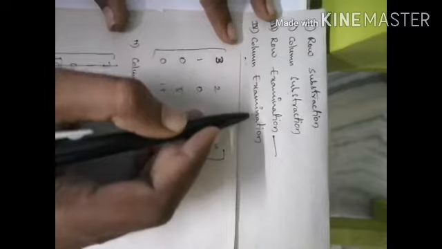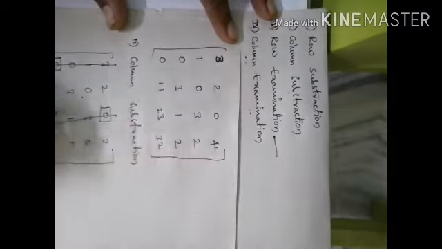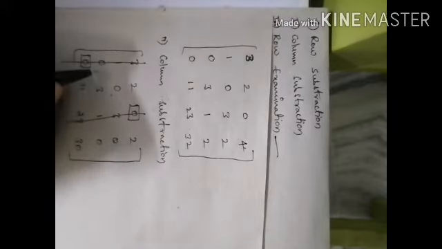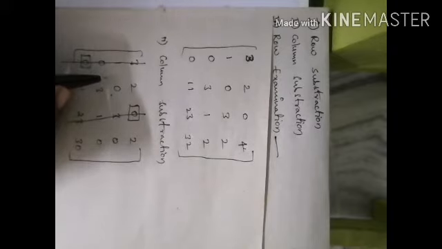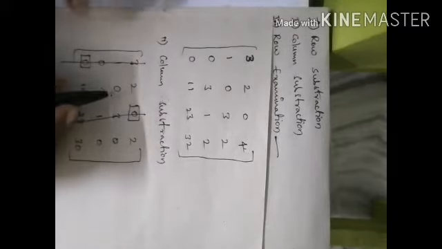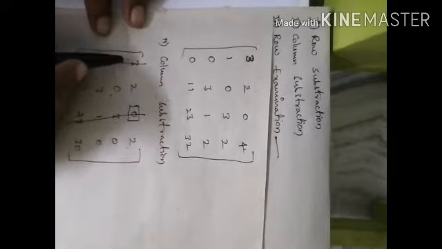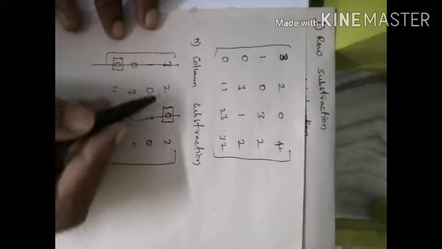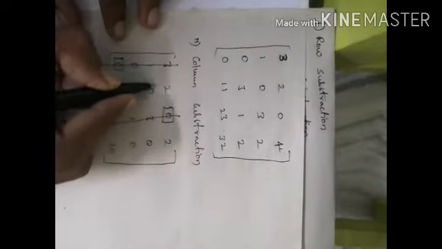Previously we did row examination, now we need to do the column examination in the same manner. We need to look column-wise: if it has at least one zero, then we enclose it in a rectangle. If it has more than one zero, we need to skip it and go to the next column, right? So the first column is cancelled. See the second column: only one zero is available, so enclose it in a rectangle,